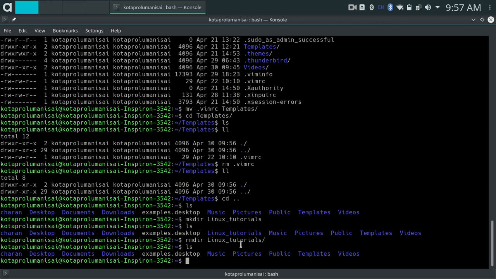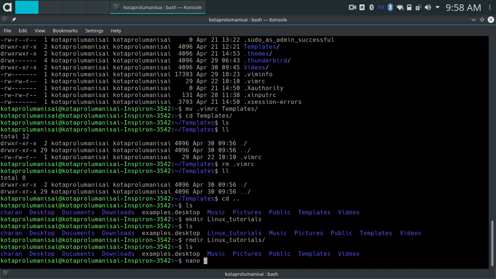Now we also have some text editors inbuilt in Linux. There are many text editors. Some of them are Nano, gedit, and vi. In this tutorial we are going to look only at Nano.